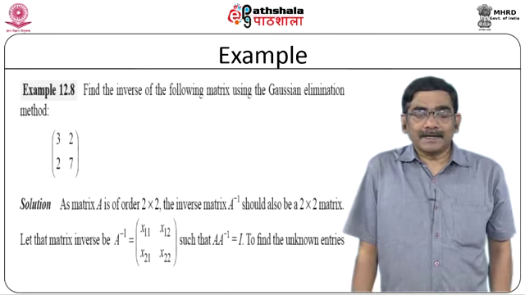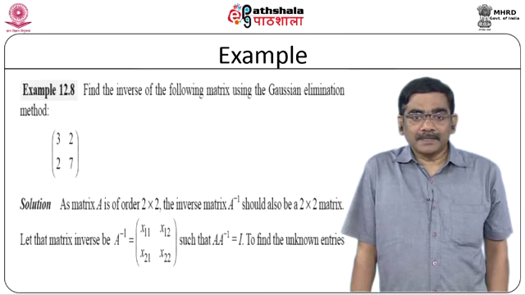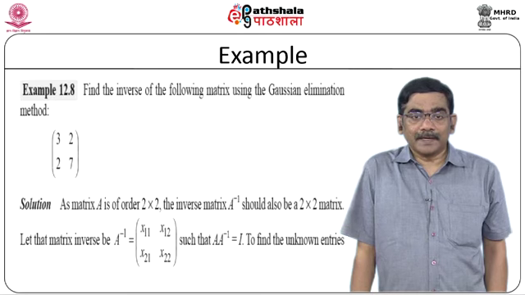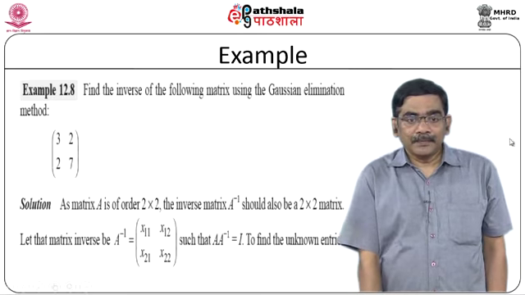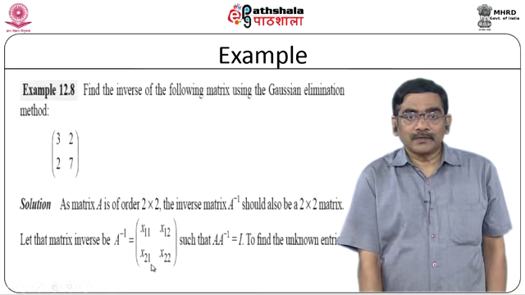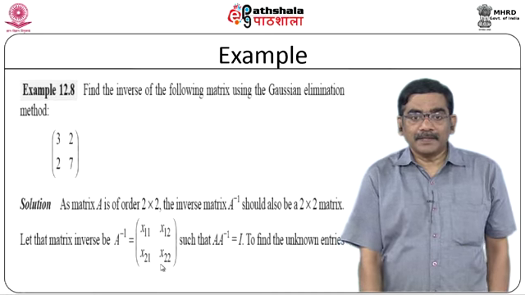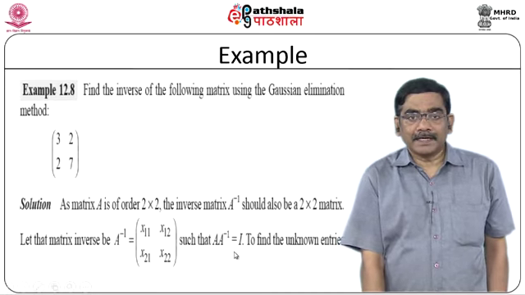Since matrix A is of order 2 by 2, the inverse matrix is also a 2 by 2 matrix, and it has to be something like x11, x12, x21 and x22, such that if I multiply these two, I should get the identity matrix